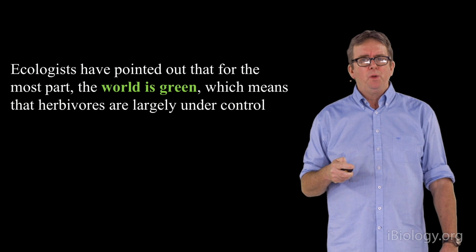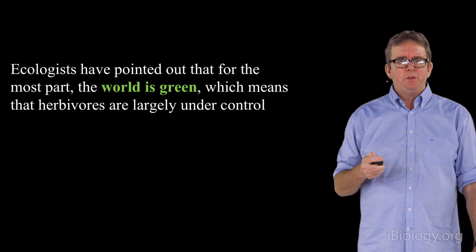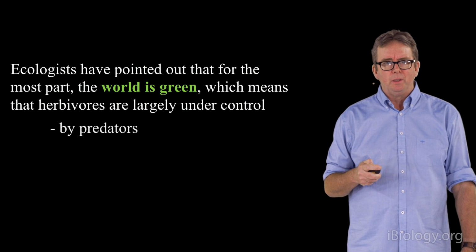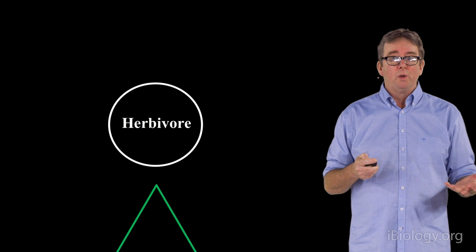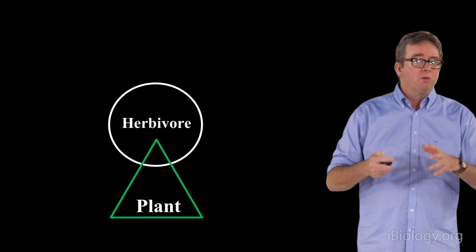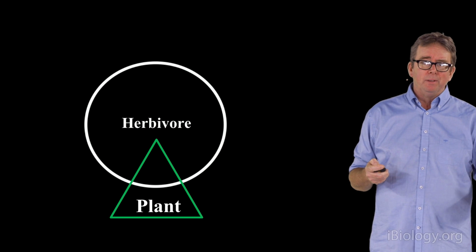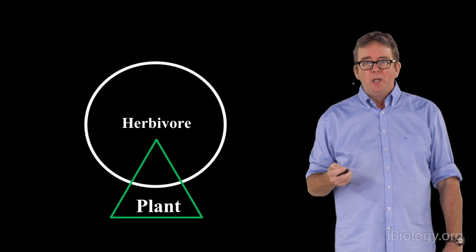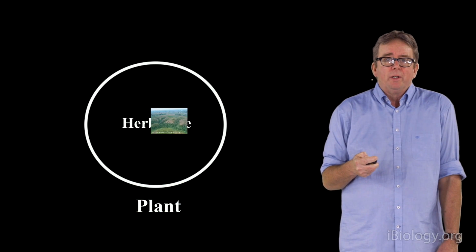Now, it has been noted by ecologists for a long time that it's rather paradoxical that the world is green. The fact that the world is green most of the time means that herbivores are largely under control, either by predators or by the plants themselves. But there are lots of times when the world is not green, and herbivore populations grow really large and consume all the plants there, and all you have to do is read the Bible and you learn about those locust plagues, or you simply just go to a place where you're getting an outbreak of an herbivore, such as this